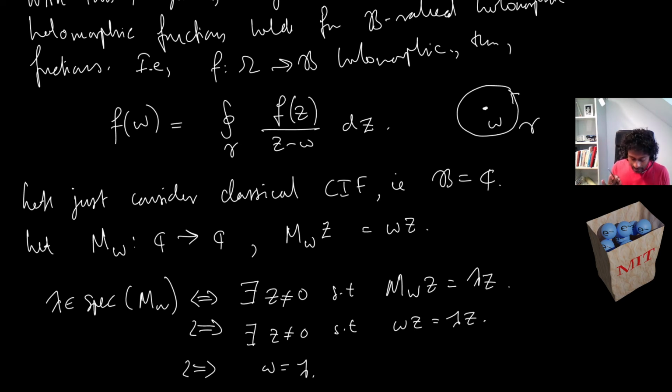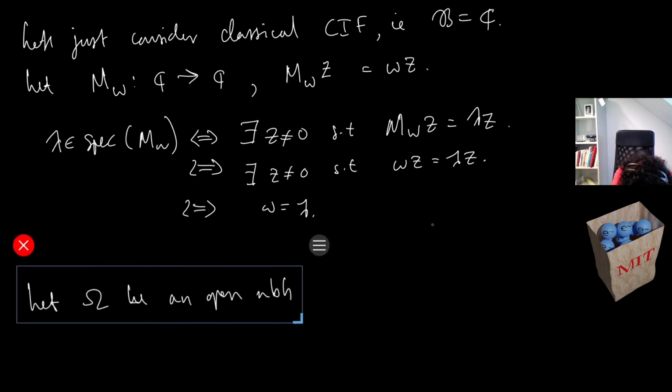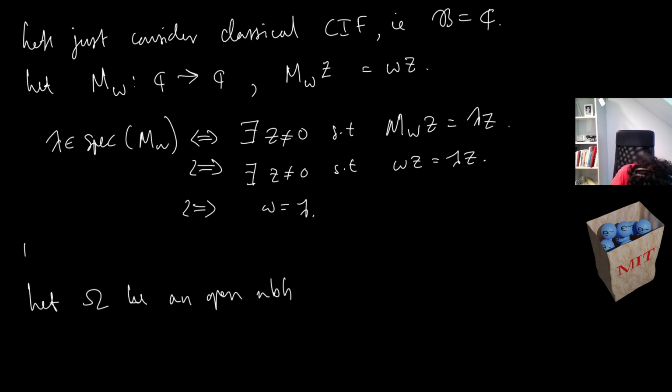I want to say, give me this point ω, and I want to consider all possible functions in a neighborhood of this ω. So in our language, let Ω be an open neighborhood. This is, I should really say, a reinterpretation